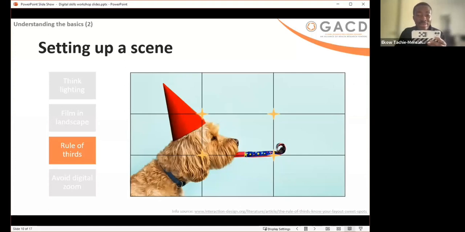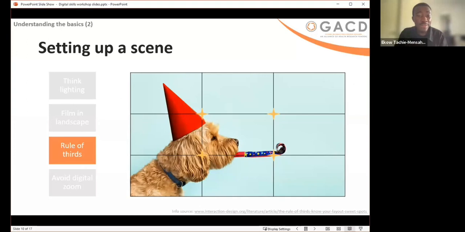So yeah, this is a beautiful depiction of how it can look like. So you don't want your videos to be all over the place. So rule of thirds helps. If you're using an iPhone too, I think they have a setting where it can also show you exactly how it will look when you're taking the videos.